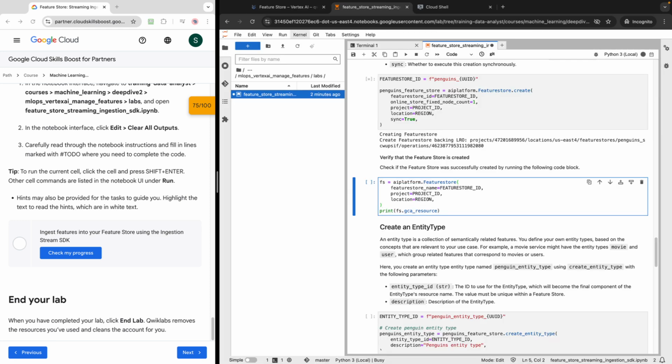Check the features. Okay, not yet. Create feature backing, location US East 2, penguins underscore UUID operations, and then